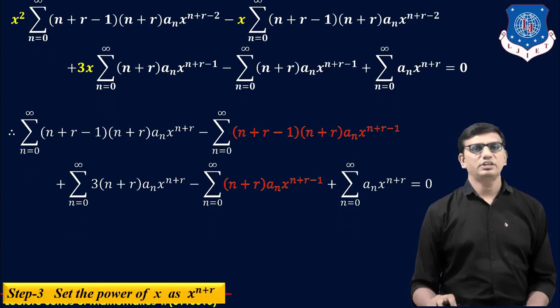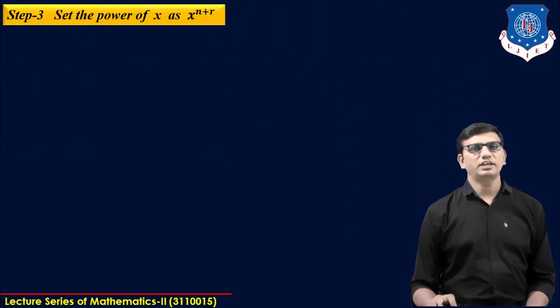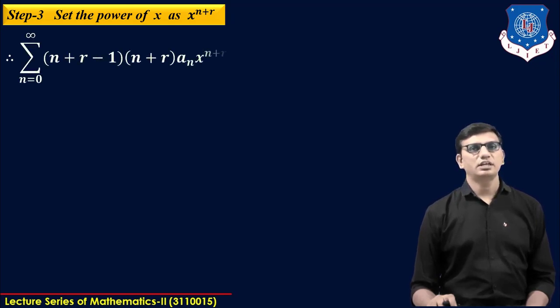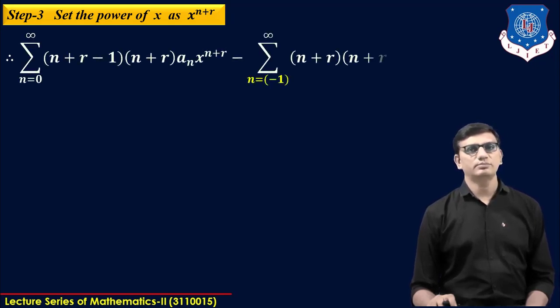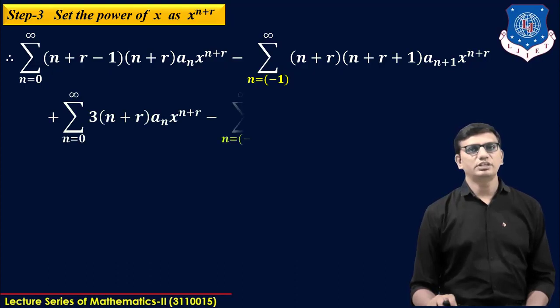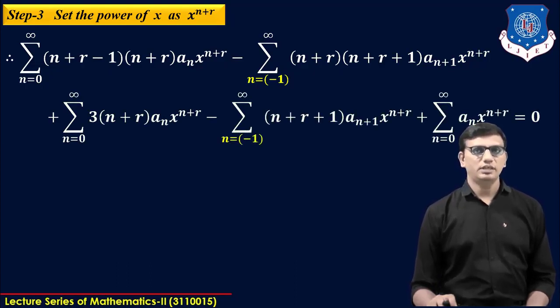Now in the next step, we have to convert each power of x to x raised to n plus r. So we replace n by n plus 1 in the second and fourth summation. Then we get finally sigma n equal to 0 to infinity n plus r minus 1 into n plus r an x raised to n plus r minus sigma n equal to minus 1 to infinity n plus r into n plus r plus 1 an x raised to n plus r